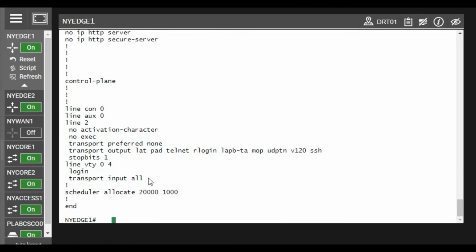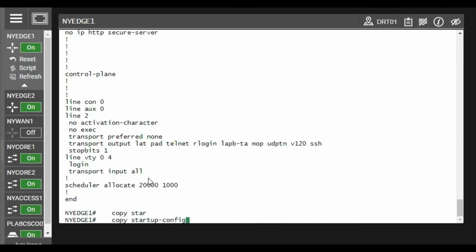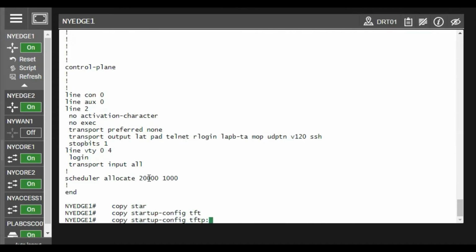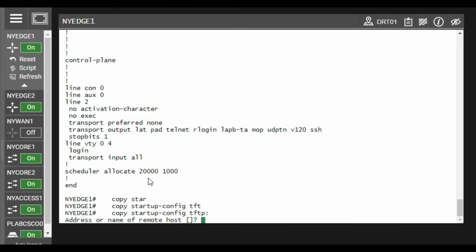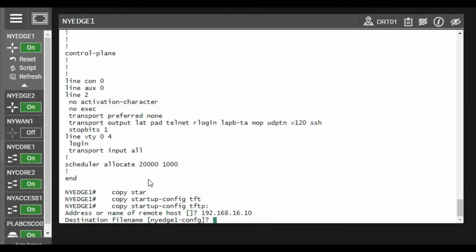So there is a simple command, copy startup config tftp and enter, and then the address and name of the remote host. You have to put the IP address of the server where you are going to keep the backup, and the destination file name you can keep as suggested, nyh1 config, or you can give it as per your choice. So let me change it.